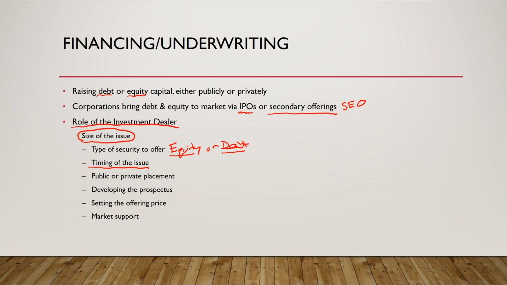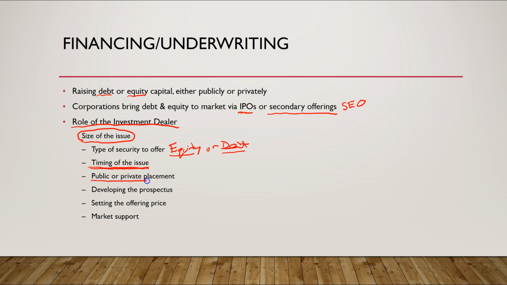And the underwriter, or these investment banks or investment dealers, they know exactly how receptive the market is at this point in time in terms of debt and equity, and they're going to be able to give advice about, maybe this year is a good year. Maybe we should wait till next quarter to go out and maybe obtain you a better deal in the market. So these guys are really going to give great advice here in terms of timing.